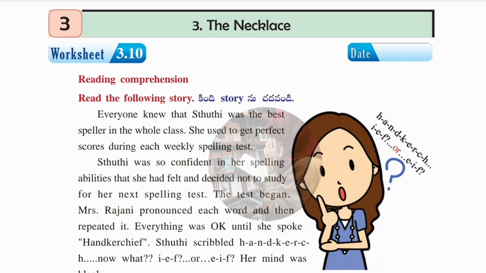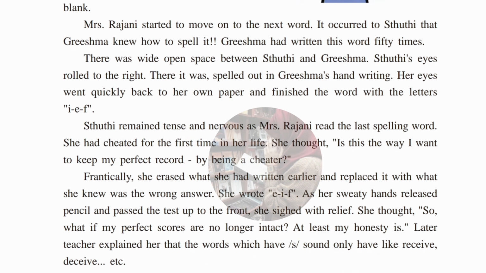Next, we'll move to the next worksheet, that is worksheet number 3.10. Okay, this is a reading comprehension, means one story is given for you. This story you have to read completely and understand it. If you carefully read and understand this, then only you will be able to answer the following questions. I know your teacher had already explained this to you. I don't want to waste your time again here. If I explain it again, this video will be very lengthy. That's why I'm not going to read this story for you. Okay, now we'll just answer the given questions.